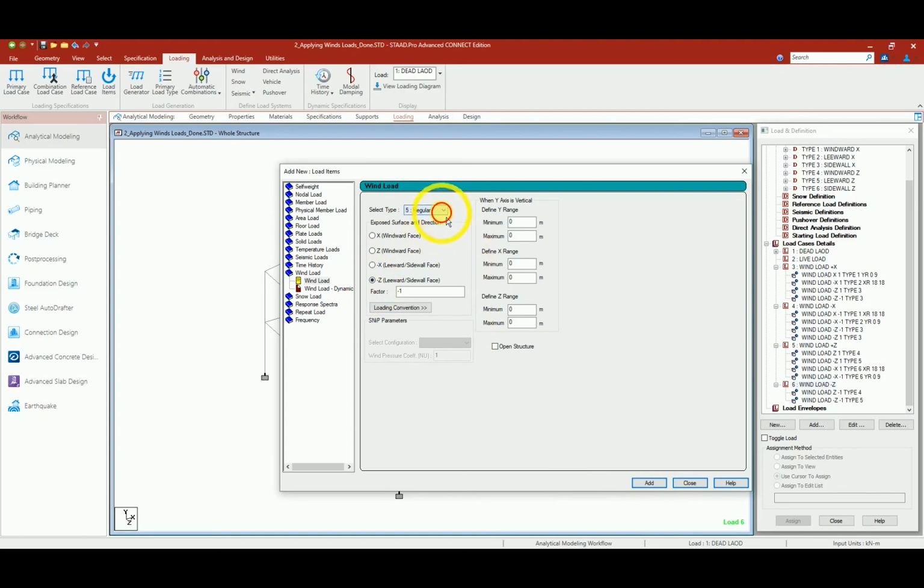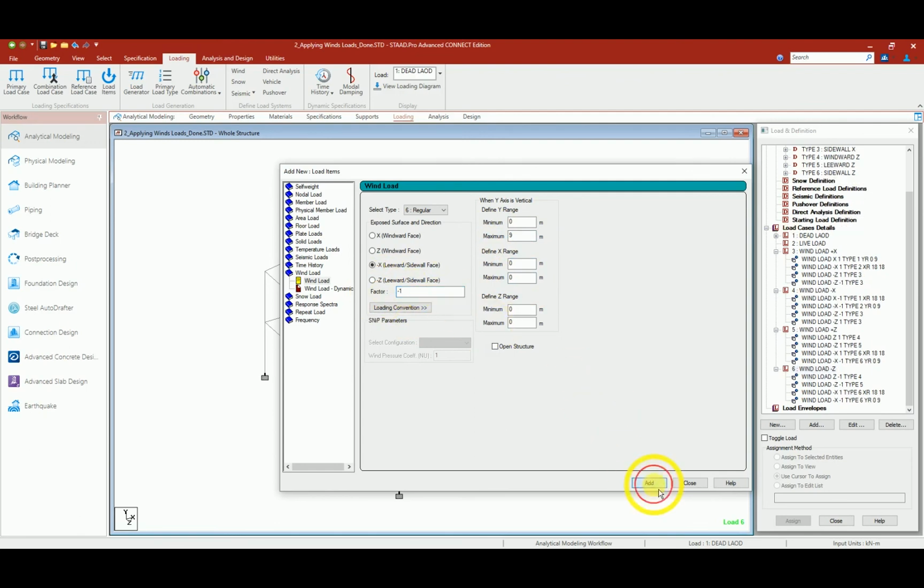Again applying the wind load in the minus z direction, type 4. Then the leeward wall, then for 2 times. When the wind flows in the z direction, we will have to take minus x and apply the ranges,